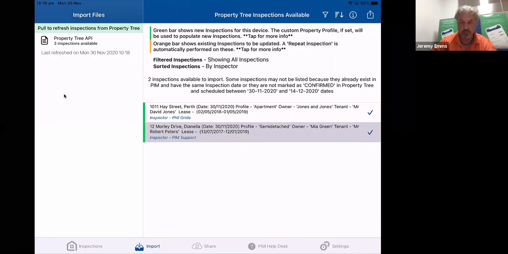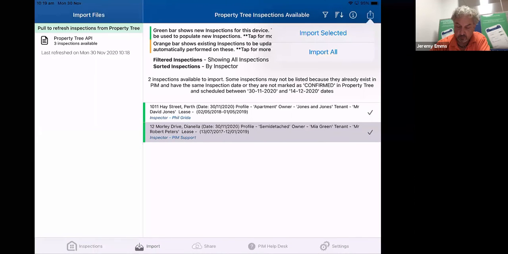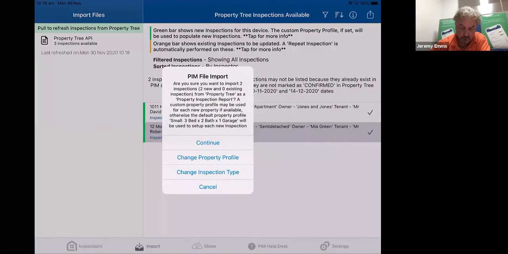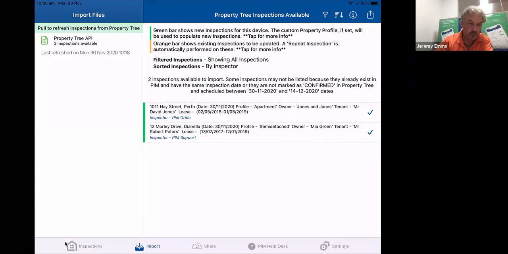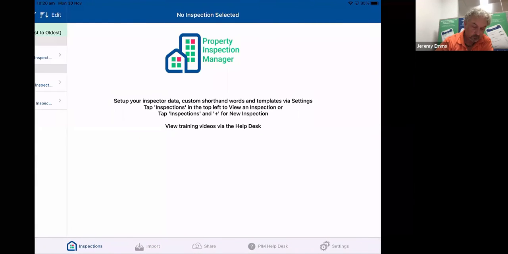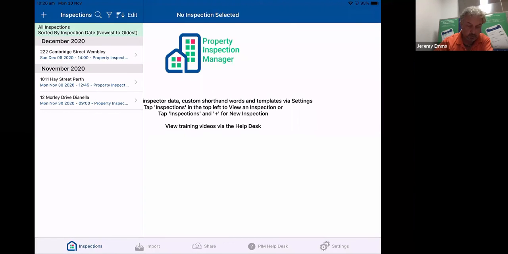So once I come into here, I've got my little action button up in the top right-hand corner. Press my action button, import selected, and they should come into my list of inspections, which is on the left-hand side. So I've got an additional one in there, Cambridge Street, but I've also got Hay Street and Morley Drive. So if I go into the Hay Street property,